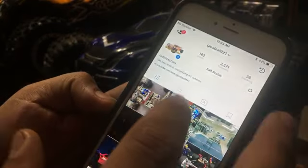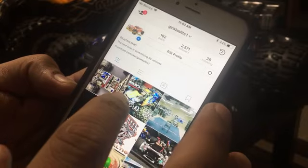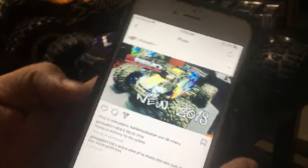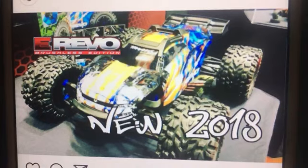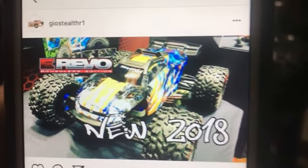A lot of people are not talking about the E Revo, but everybody's into the brand new desert buggy. So that's what people have been talking about. But I just want to give you a little bit more of an in-depth look at what it looks like right now. And I think it's pretty cool. This is something that would definitely...